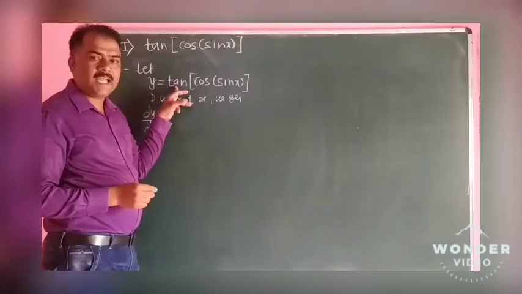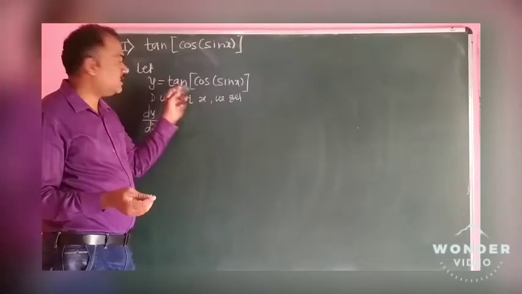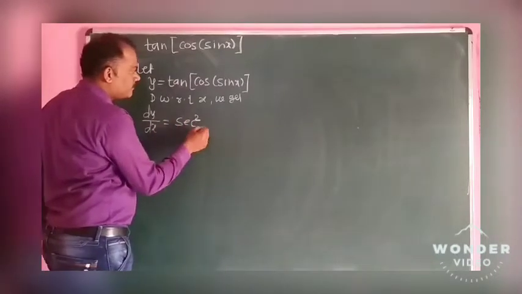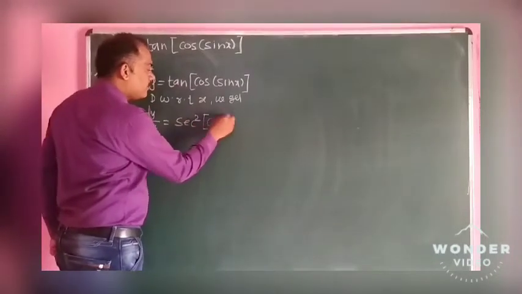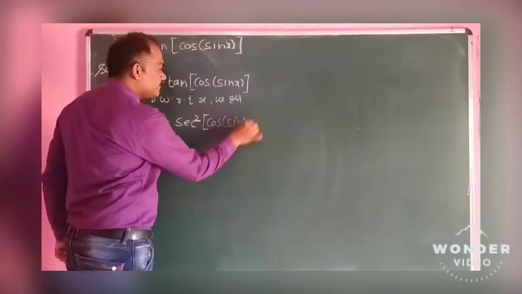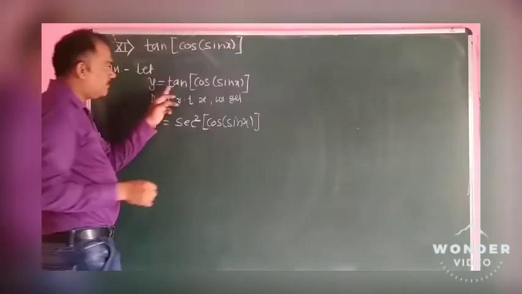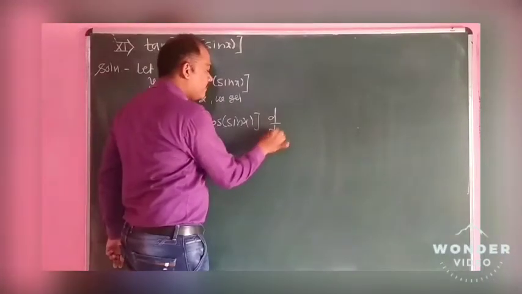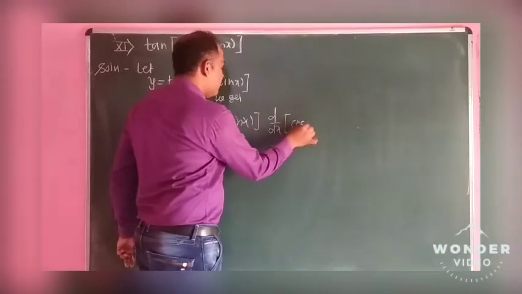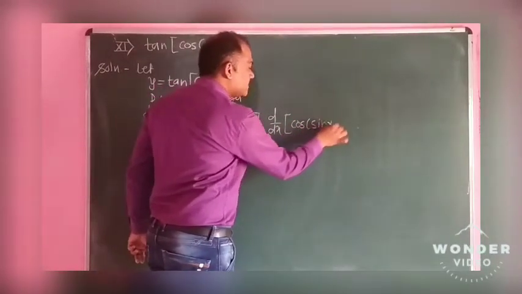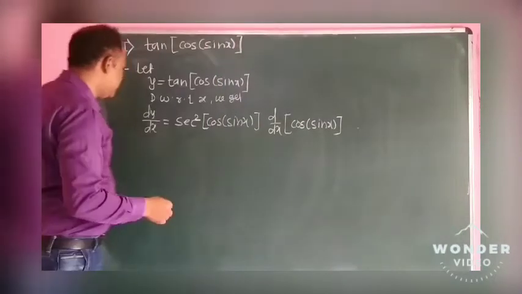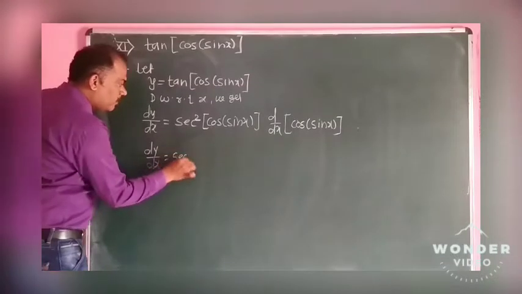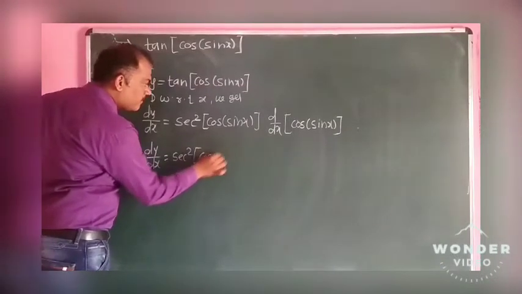What is the derivative of tan x? That is sec square x. What is x? This part is, that is sec square cos of sin x into, after tan we have to take the derivative of cos, that is into d dx of cos of sin x. That is dy by dx is equal to sec square cos of